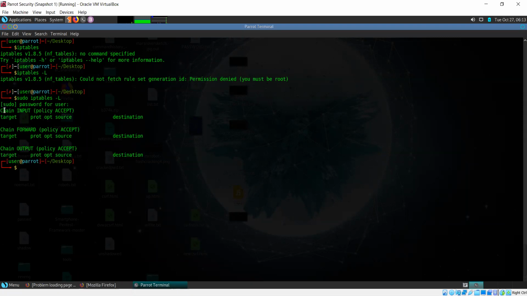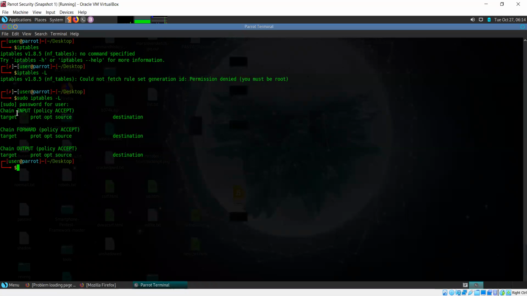So now this shows me three different sections, or you could say three different chains, because Linux calls them chains, for rules. Now we don't really have any rules, so all we do is accept everything. We don't block any packets.